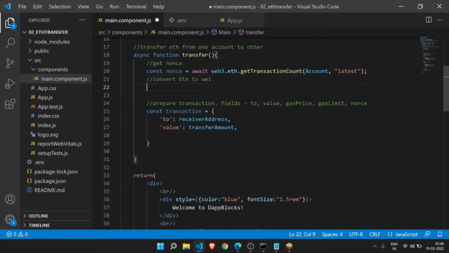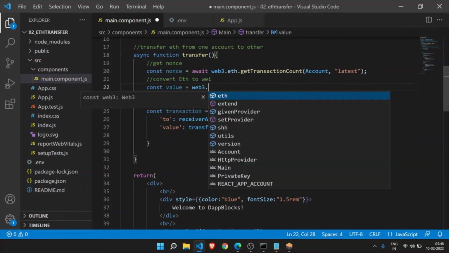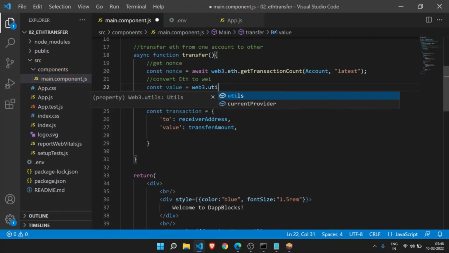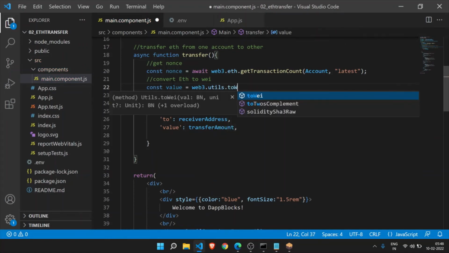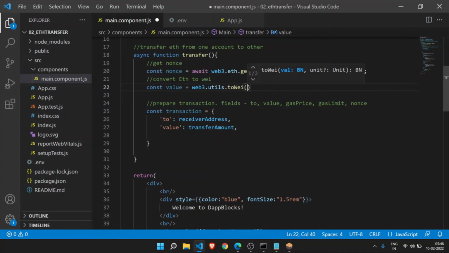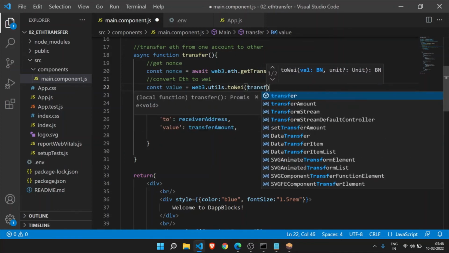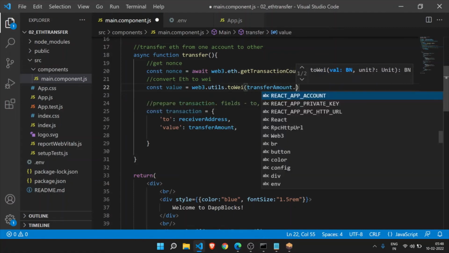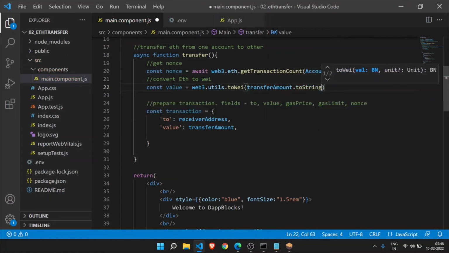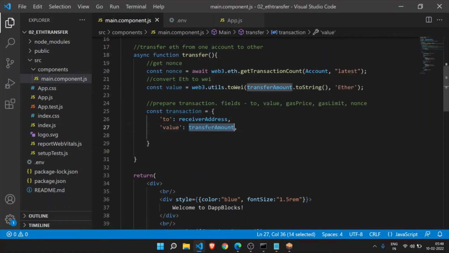So const value equal to web3.utils.toWei. In here we need to pass this transfer amount, and this should be a string, so convert it to string, and then convert this to ether. So just change this value. Okay,